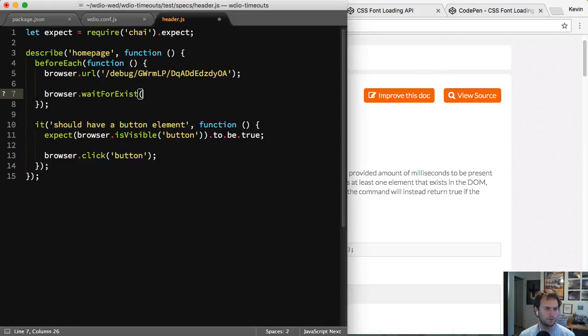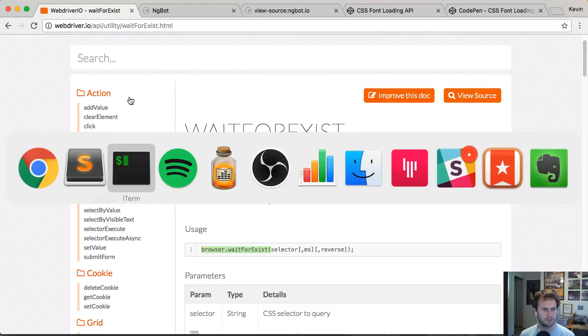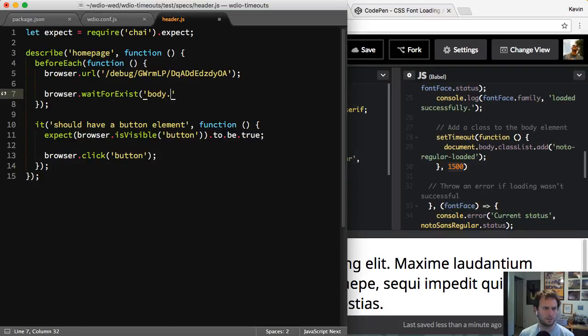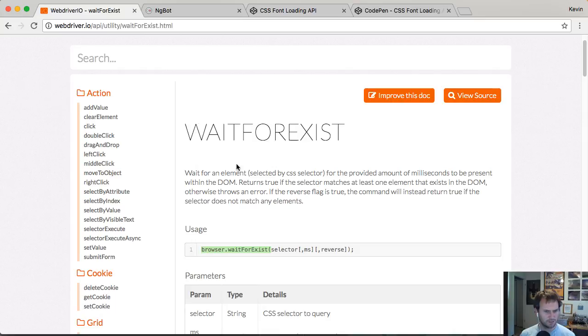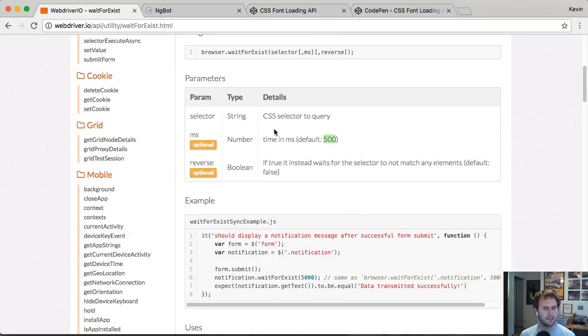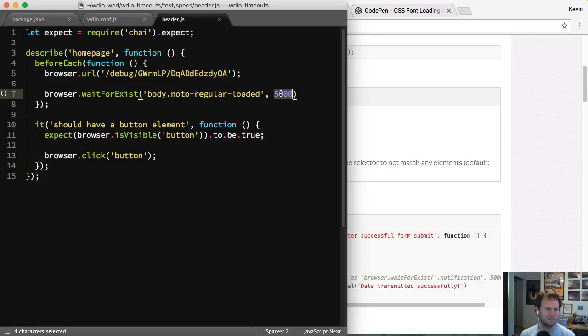So browser.waitForExist, and then all I'm gonna do is wait for that class that I was looking for to be on my body element. So body that, and we'll set a default timeout of 5 seconds. And what's the default timeout? Yeah, it normally waits 500 milliseconds, which is half a second, and that's not a very long time. I mean, hopefully your fonts don't take 5 seconds to load, but maybe if I set this to 2000,